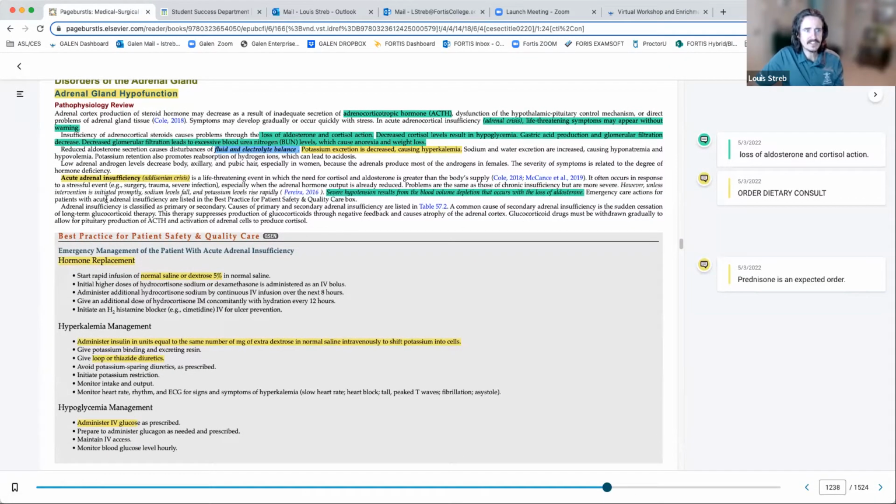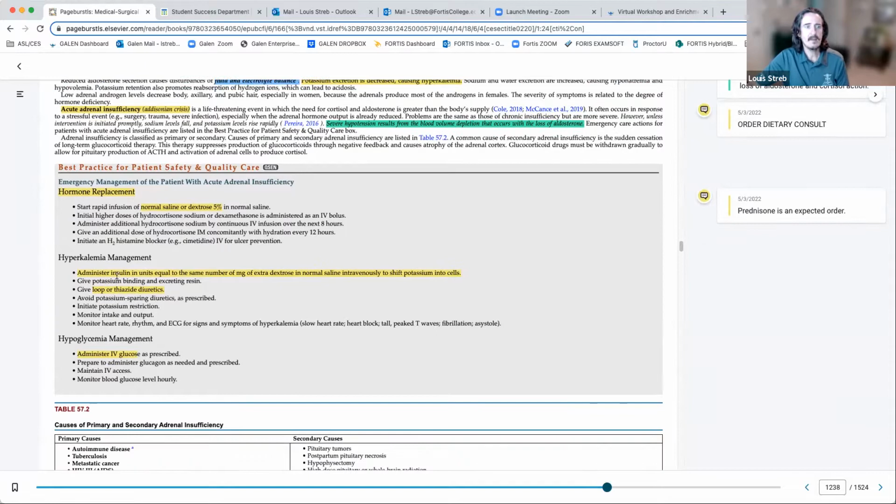So does that start to make sense? Interventions are initiated promptly, sodium levels fall, potassium levels rise rapidly if we don't do that. So that's problematic. Administer insulin, because we're talking about two things. You're like, Mr. Steb, we got hypoglycemia, right? We do, but we also know that administering insulin in equal parts to dextrose, so we're not trying to cause your blood sugar to go down or up here. We're just trying to get that shift of potassium into the cells, because we also know that insulin, not only